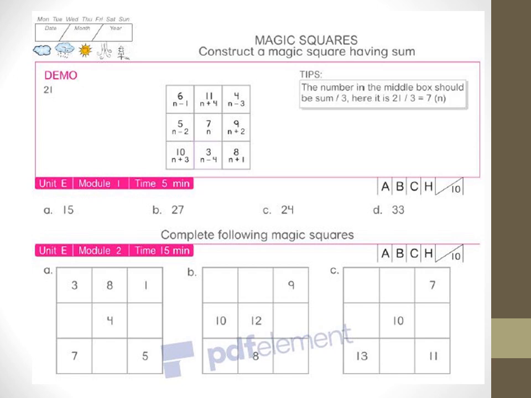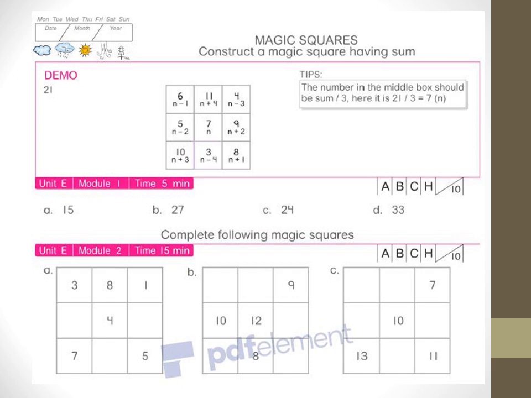Try to understand the pattern. If the top is plus 4, the bottom is minus 4. If the right is plus 2, the left is minus 2. If the top left is minus 1, that means n minus 1, then the right bottom will be plus 1. The left bottom is plus 3 and the top right is minus 3. Try to remember this pattern, then you will be able to make magic squares of all the numbers given in